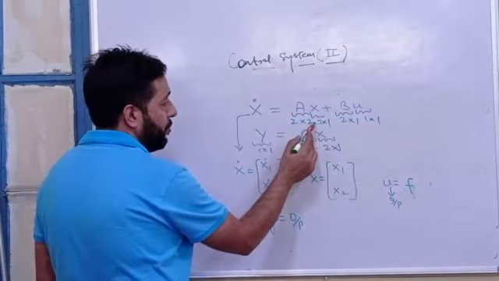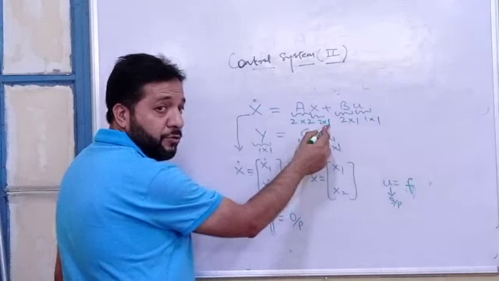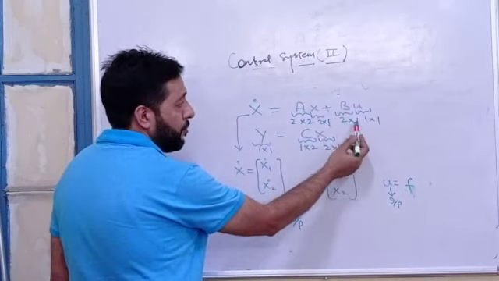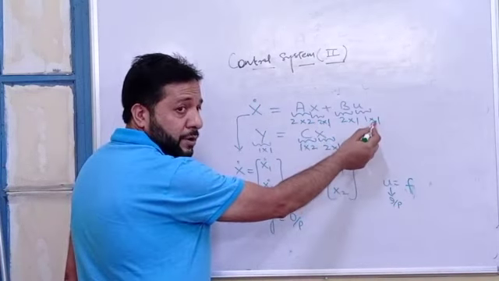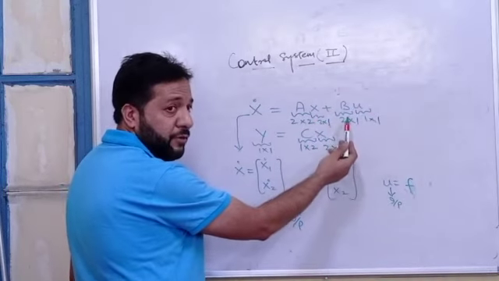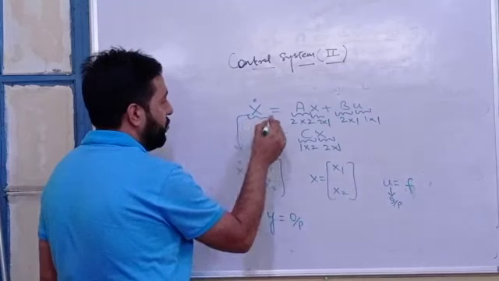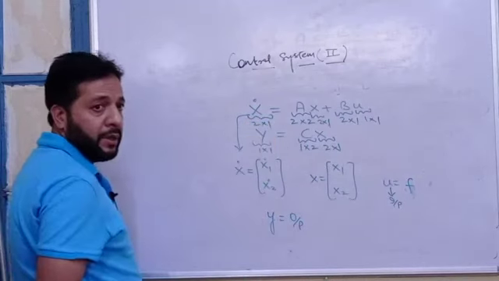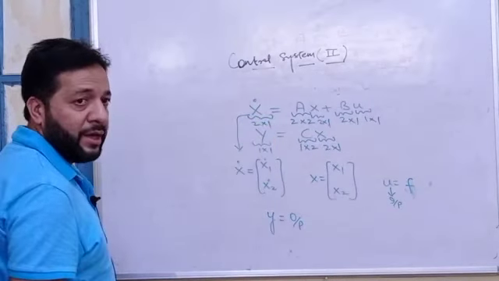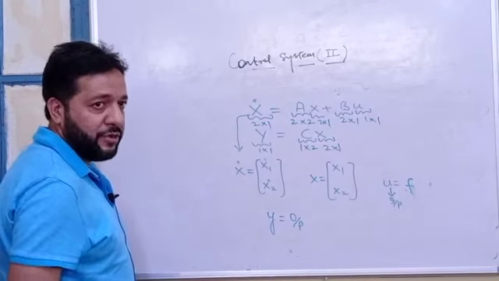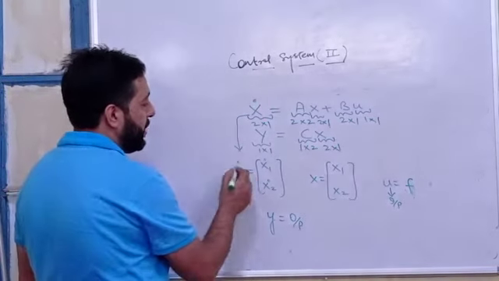So these 2 cross 2 multiplied by 2 cross 1, that makes it 2 cross 1. 2 cross 1 multiplied by 1 cross 1, that makes it 2 cross 1. Once you have to add two matrices, they must have the same dimensions. 2 cross 1 plus 2 cross 1, that makes this as 2 cross 1. Isn't it? In general, had your equation been an nth order differential equation, what would have been the dimension